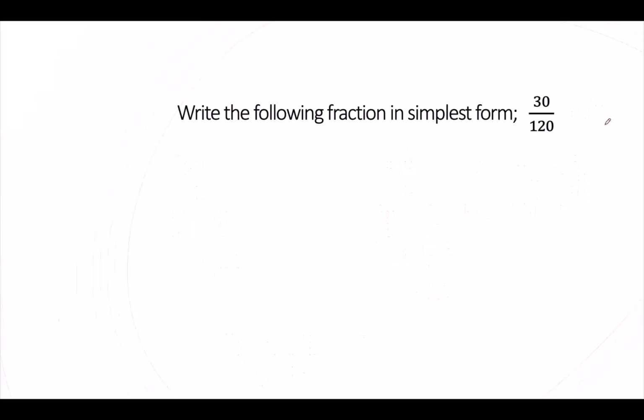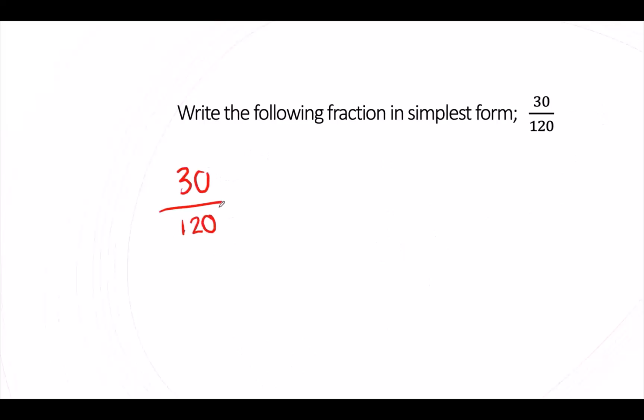Now, if you're feeling like you're not quite comfortable with greatest common factor yet, and you just really need to reduce a fraction, there is another method that I recommend to a lot of students, and that is just simply to divide until you can't divide anymore. Now, the important thing about this method to remember is that whatever you divide the numerator by, you must divide the denominator by the same number, and vice versa. So what I'm going to do is simply pick a number that divides both the numerator and the denominator and divide them by that number.